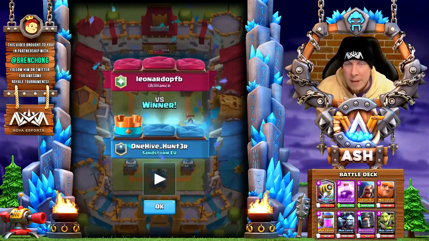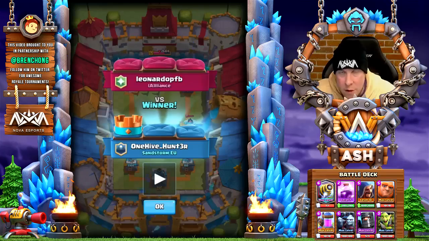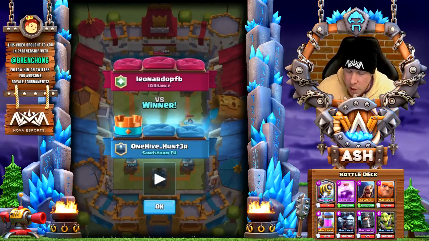Don't be afraid to do that if you're running Pump, and it's the end of the game. If you need to buy time against a tank or a Hog Rider or whatever, go ahead and use that Elixir Pump. All right, let's watch this 20 win, guys,